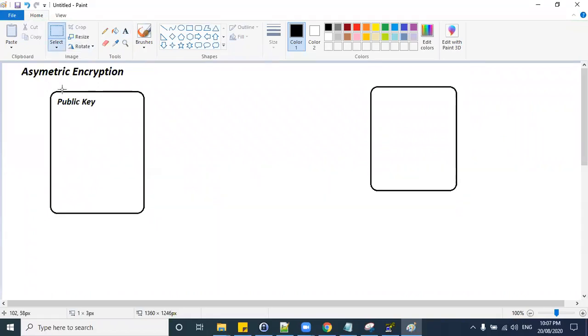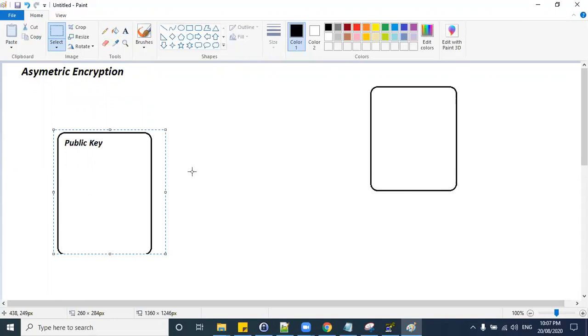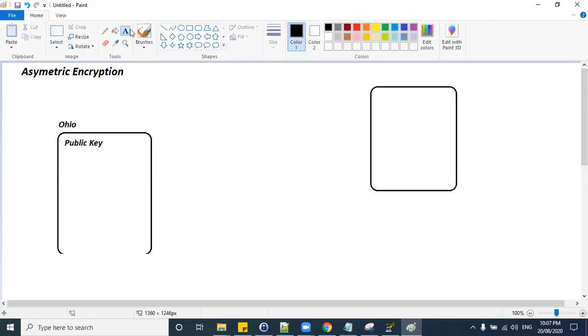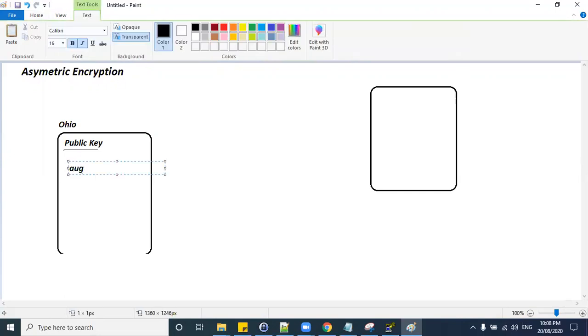Now let's assume this is Ohio region. So now in Ohio region, we have created the August 1st key.